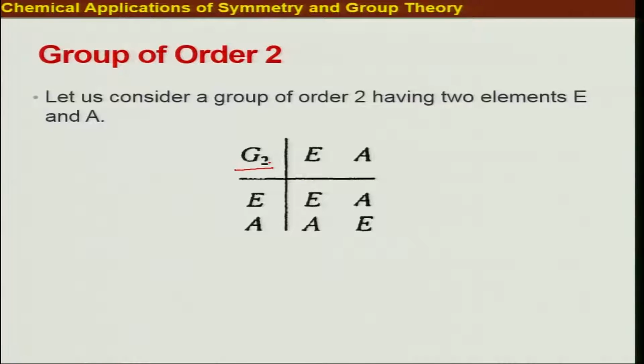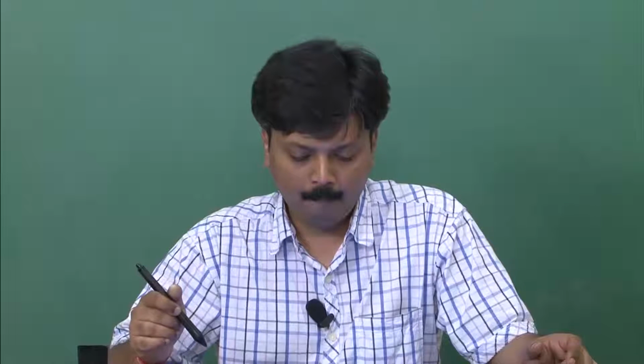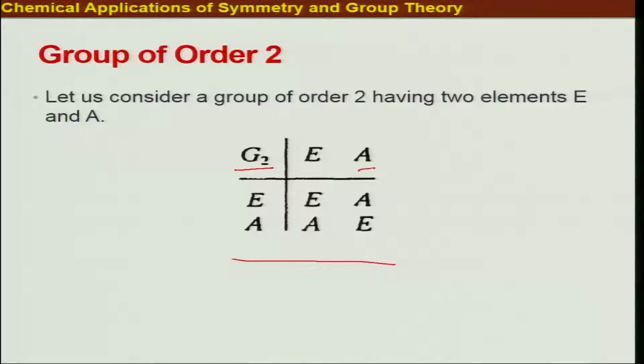Okay. So for any order of the group, we'll call it Gn, for the group multiplication table. In the case of G2, we are using the same approach as I just showed you on the blackboard. In a group of order 2, what are the elements that we have? One is the trivial one, that is the identity, and any other element that can be present there. So we are taking that as this element A.